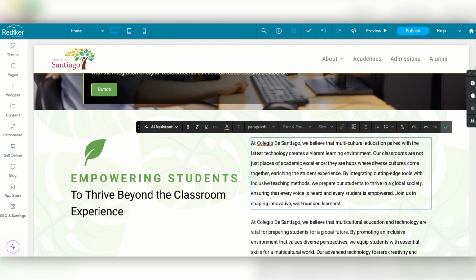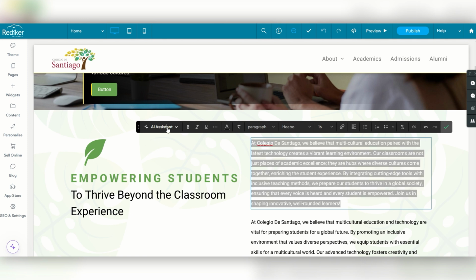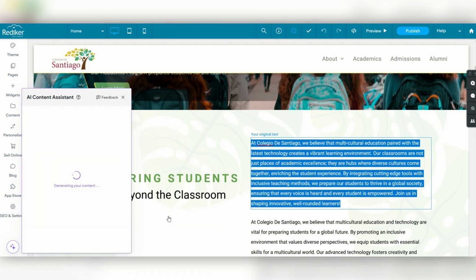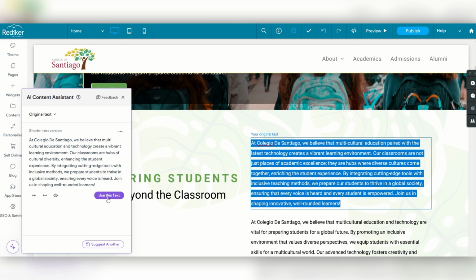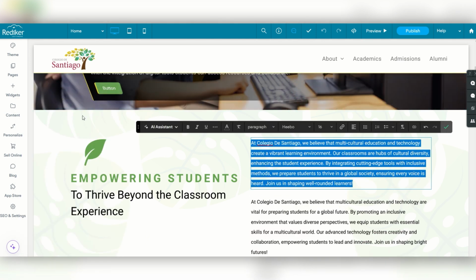One of my favorite uses for this tool is we have sometimes pages with too much text. I don't want too much text on here. So taking this and using the make shorter option could be extremely powerful, especially when you've got 2, 3, 4 paragraphs worth of text. You can have it help shorten that. That's a very useful piece.